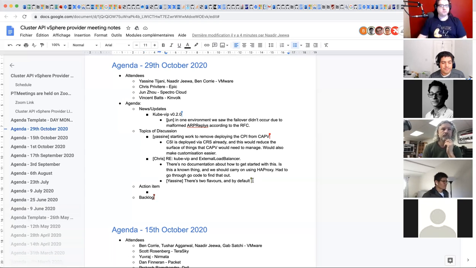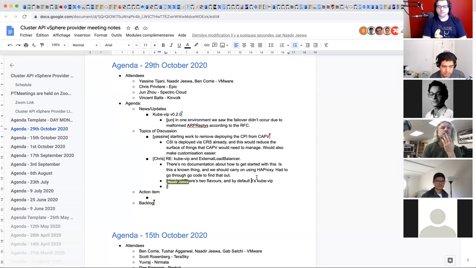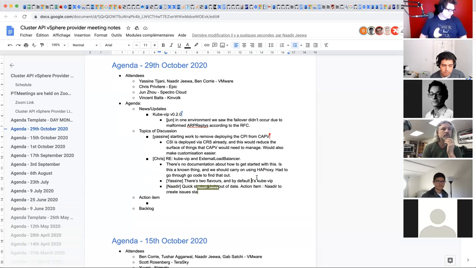By the way, since we're still talking about HAProxy, I'm also writing documentation. If anyone is still using HAProxy as a load balancer, I'm working on documentation to help folks migrate from existing clusters that have HAProxy as a load balancer to a setup using kube-vip. I'm working on this currently, and I'd expect to have something in the middle of next week.